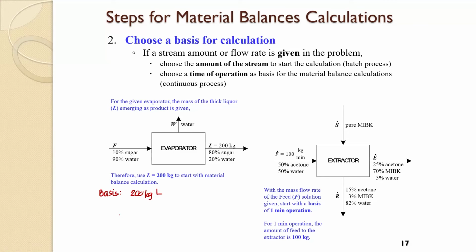If I ask you to write the balance, like the material balance in here, let's say the overall material balance, it would be input, di ba? If it's non-reacting, the generation would be zero, the accumulation would be zero, and the consumption would be zero. So the inputs should be equal to the outputs. The only input that you can see in here is F, and then the outputs are the water and the mother liquor. So this would be your starting working equation. That's your overall material balance.